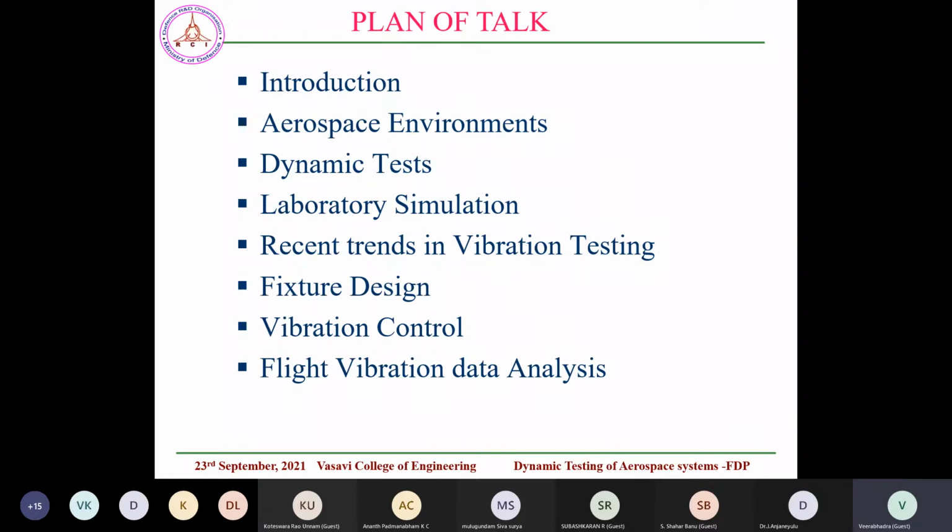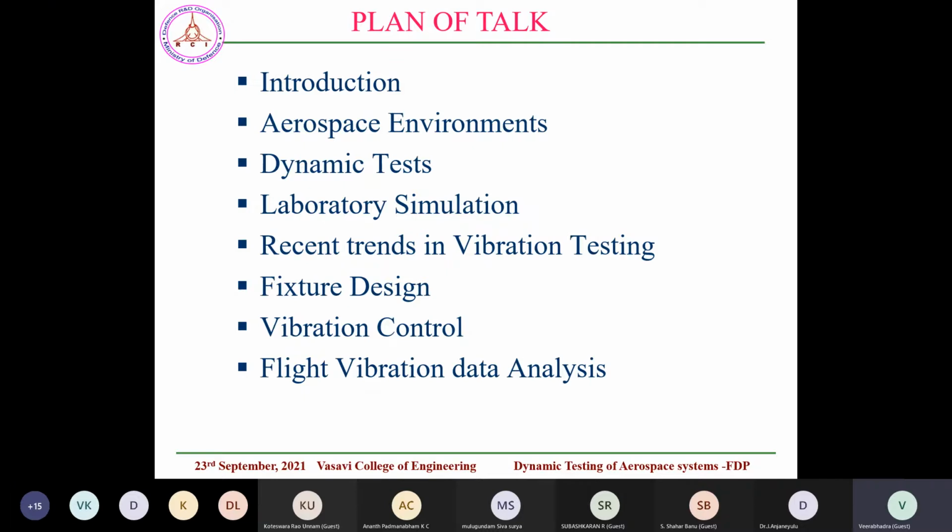As it is sensitive to our organization, I will not be dwelling upon the names, and more critical things I will not explain, but preliminary ones which are available in the literature and other places I will be dwelling upon. And finally, when we do some measurements from the flights, or say you are measuring flight data, like in condition monitoring you have realistic real-time data, how to analyze them, how to specify them into real environments, or how to simulate, or how to understand that data, I will be dwelling upon with respect to vibration and shock.